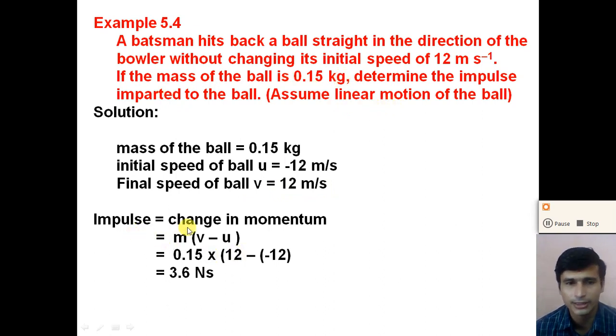So the impulse is equal to the change in the linear momentum, final momentum minus initial momentum. So here the final momentum is m into v minus the initial momentum m into u. We take m common, m into v minus u. So we get 0.15 kg into 12 minus u, which is minus 12. So if you calculate this, we get 3.6. So the change in the linear momentum is 3.6 kilogram meter per second and the impulse is 3.6 Newton into